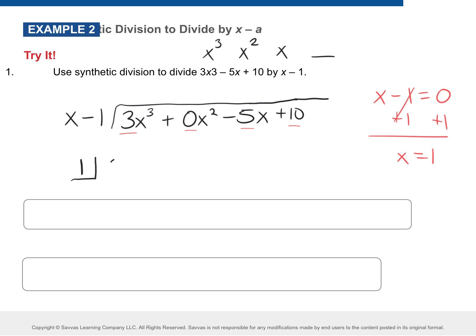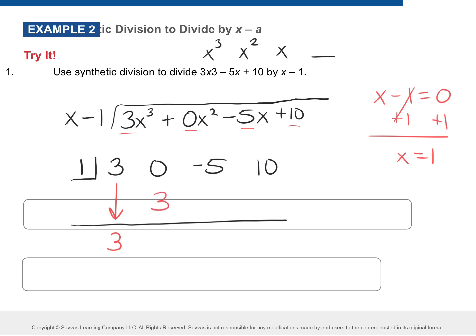Okay, so we have 3. What's after 3? 0. Keep going. 0, negative 5 and 10. Now, can we start our synthetic division process? Yes. What do we need to do first to get it started? Drop down the 3. What's next? Multiply it by 1. Yep. Let's go through this slow. We take 1 times 3, which is